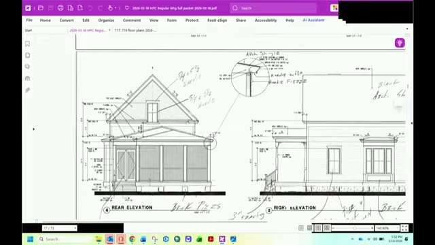What we can also see on here, some notes that stand out the most. Almost all of the siding and trim is essentially going to be made out of Hardie board or fiber cement board. And here they've called out 5/4 by 5.5 for the header and 5/4 by 3.5 for the sides.